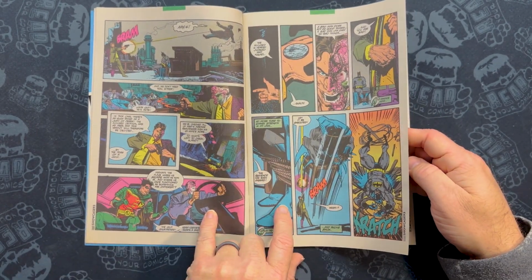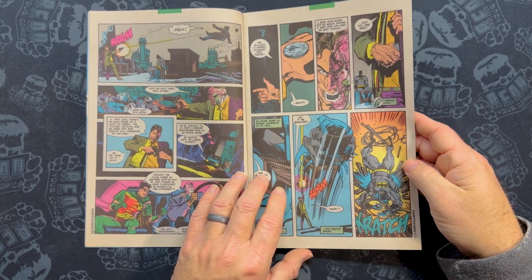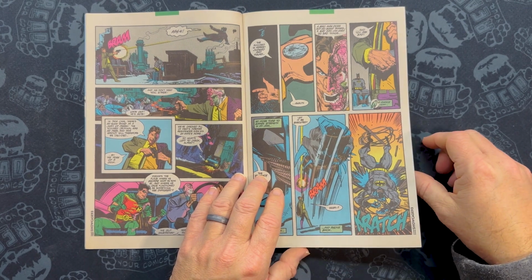So Robin and Alfred are in the Batmobile. Like, where's Jean-Paul? Why not use Jean-Paul in this? Why not? They do a terrible job of building up Jean-Paul. Anyway,